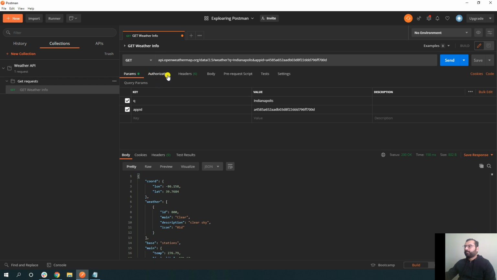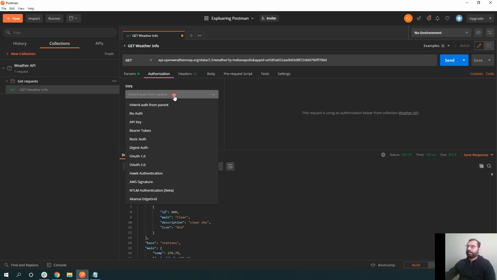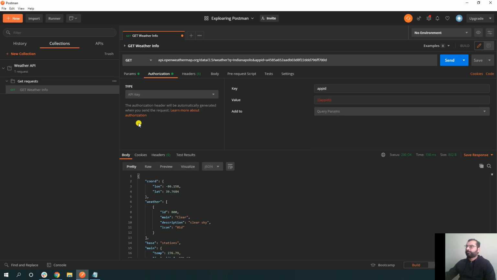So let's get familiarized with all the tabs of the request. Here we have the Authorization tab. As I said earlier, this API uses an API key for authorization. Either you can pass the authorization in the URL, or you can change it here and select the type of authorization this request is using. In our case it is API key, so I'm going to click on API key, and you can pass the value,